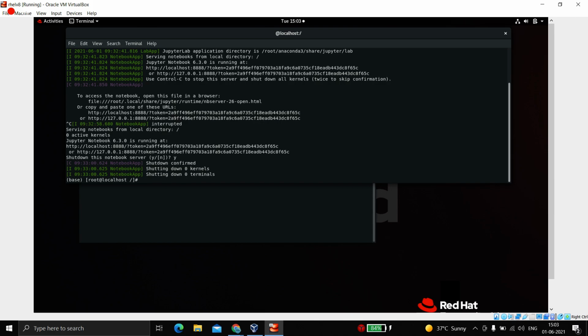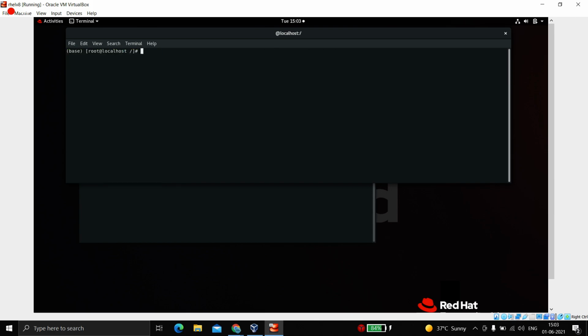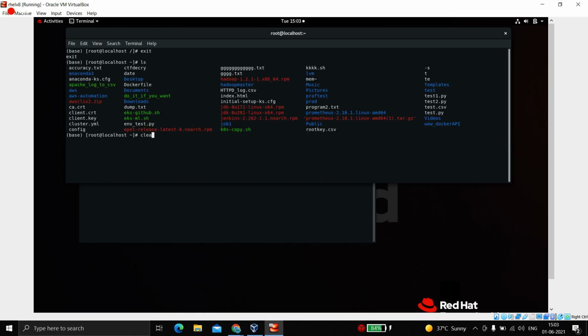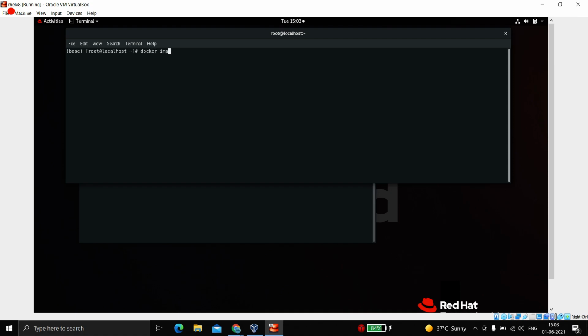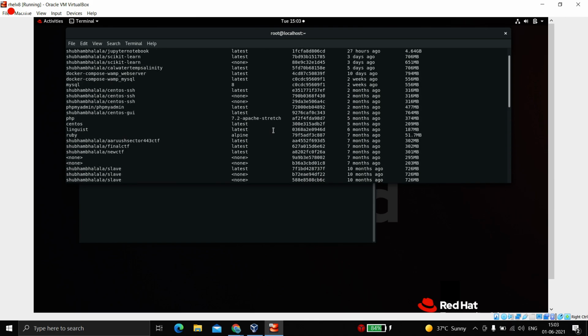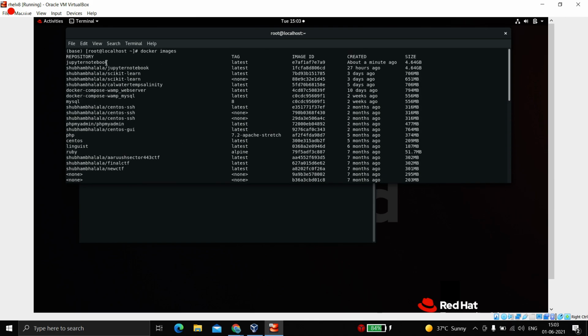And finally you can push it to Docker Hub, but I have already done it, so you can directly pull it and use it. And finally, one more command to delete any image. I have many images, and one of the latest ones which I made is Jupyter notebook.